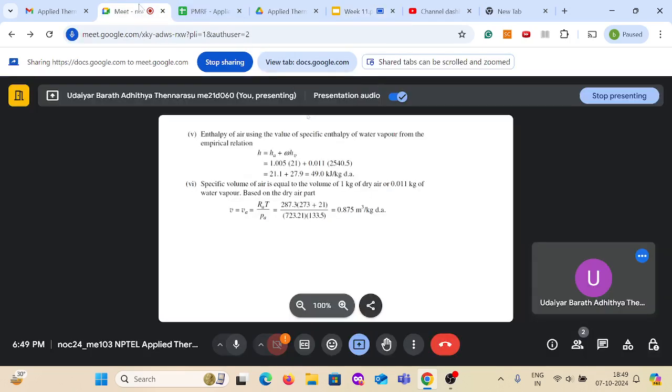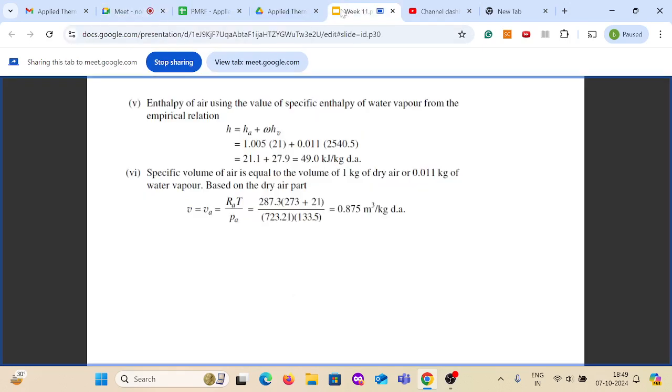So next is the specific volume of air, which is equal to the volume of 1 kg of dry air or 0.01 kg of water vapor. So based on the dry air part,